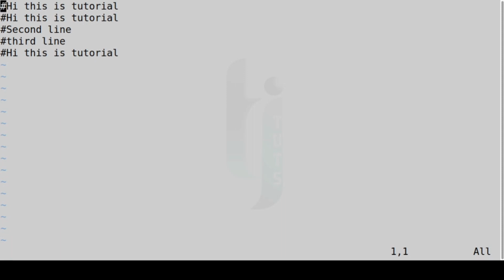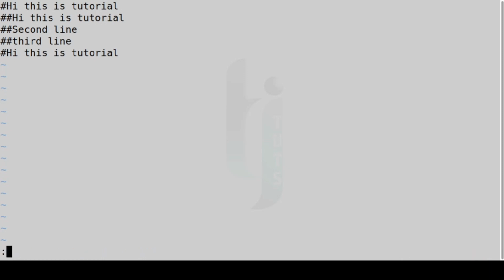Then to comment line-wise, this is how you do it. First I enter colon, then the lines 2, comma, 4, and then the substitute command with a symbol, and then the replacement symbol. This will add an extra asterisk on the second, third, and fourth lines. So it has been added. This is how you use commands with line numbers.